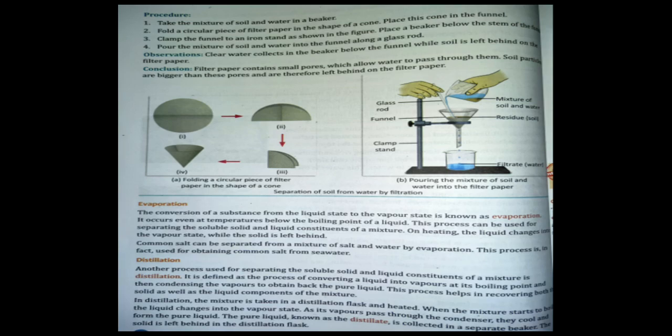The next process is crystallization. The process of separating a pure substance in the form of crystals from its hot saturated solution by cooling is called crystallization. And now the question is how we can prepare the saturated solution. Take a sample of impure solid substance and dissolve it in a minimum amount of water to form a solution. Filter the solution to remove the insoluble impurities from it. Now heat the clear solution gently on a water bath till a saturated solution is obtained.